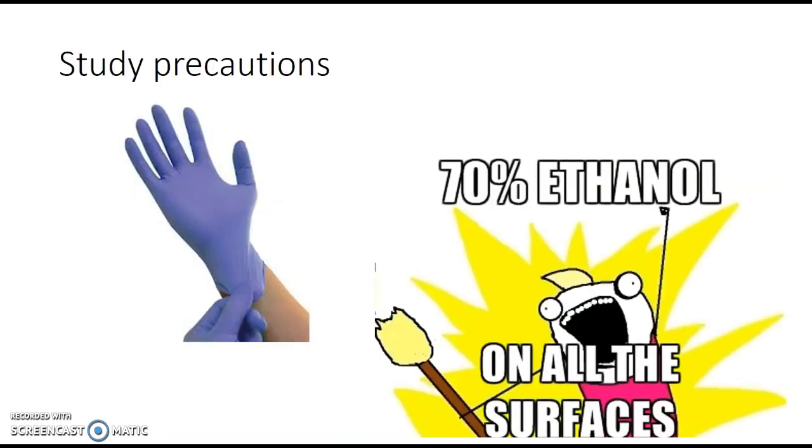Some precautions. A lot of the potential causes of an undead outbreak are going to be things that would be transmitted through contact, or at least could be transmitted through contact. So you want to protect yourself. Gloves are going to be a great thing to have. But also you want to be able to sterilize any biological contaminants. 70% ethanol is the go-to for this kind of basic level of sterilization. There are some higher levels, but this is a good precaution. So if you can, if nothing else, find a liquor store and get some vodka, and that should work just fine.